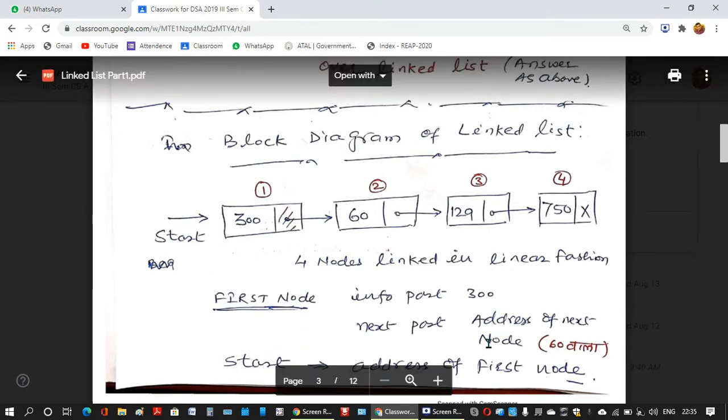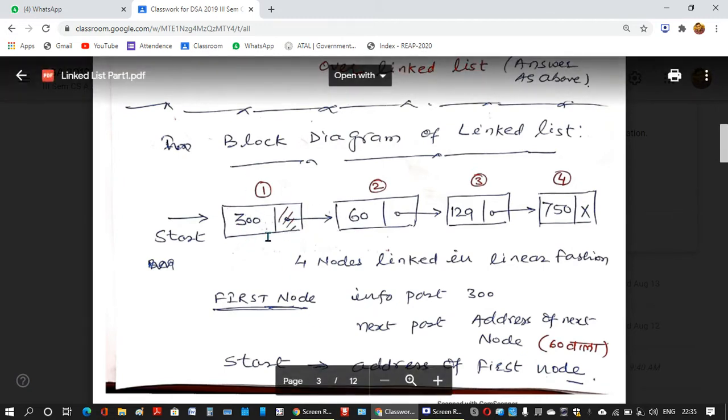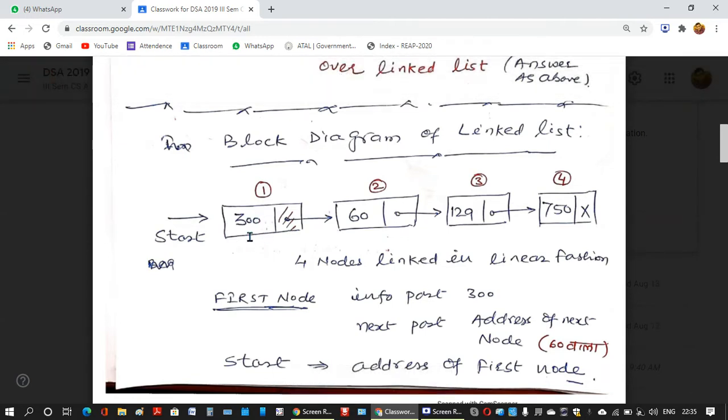I have written over here start is the address of the first node, and then this first node has two parts. One part contains the value or information, which is 300 here, and this next part contains a pointer to the next node. So this next node is 60.